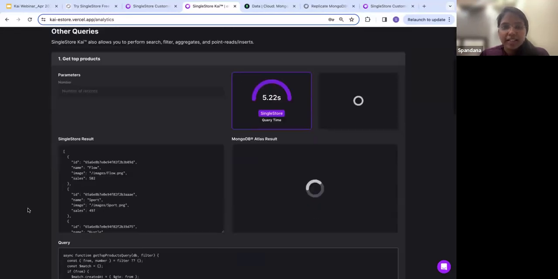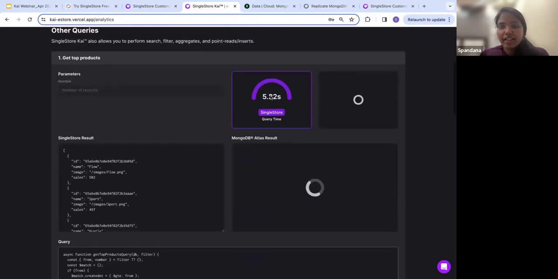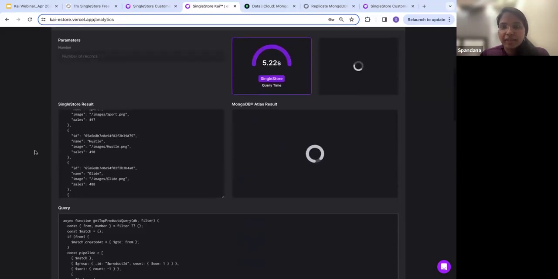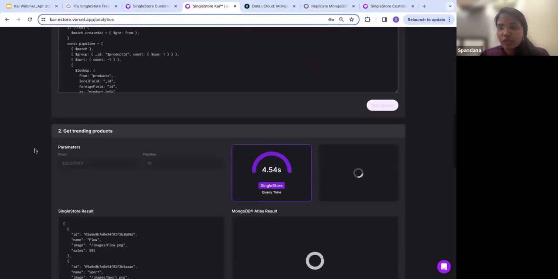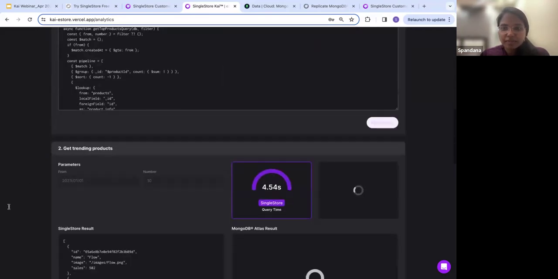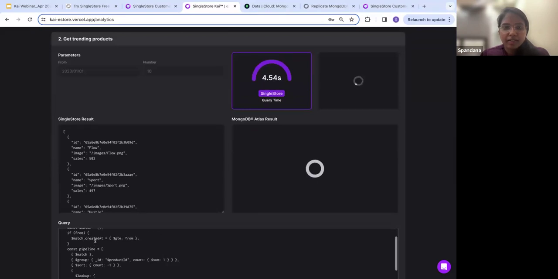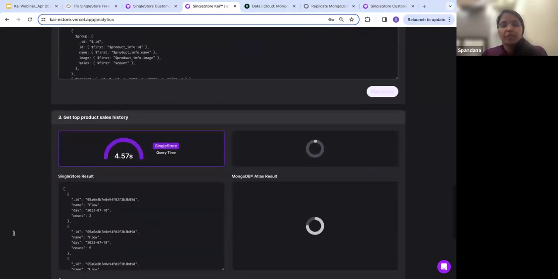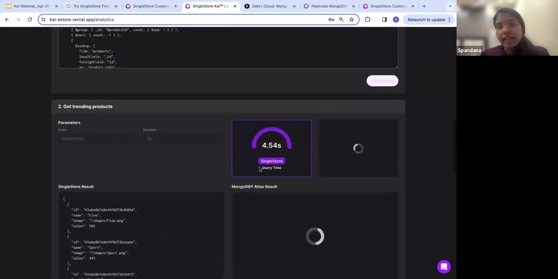Great. So now that I have the data present in both data stores, I can see that SingleStore has already given me results in a very short amount of time, whereas MongoDB is still loading. From our experience, this takes around a minute. And here, one thing I would like to note is that if you run this query again on SingleStore, it would take much less time than the 4.5 seconds,